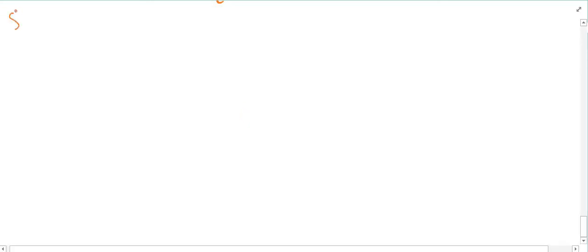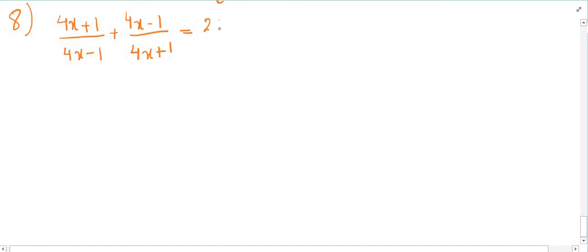Eight is 4x plus 1, 4x minus 1 plus 4x minus 1, 4x plus 1 equals 13 by 6. This equals 6 2 times. Multiply these two terms and add the answer with this: 6 2 times 12, 12 plus 1, 13. And denominator is the